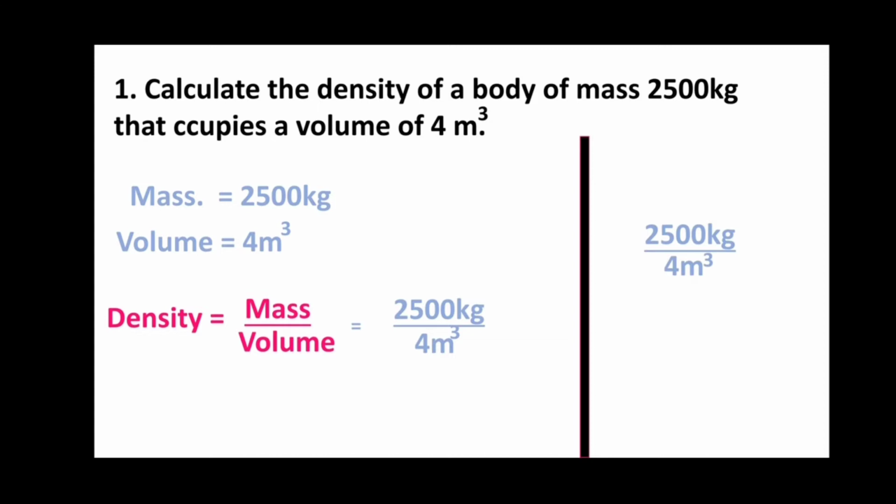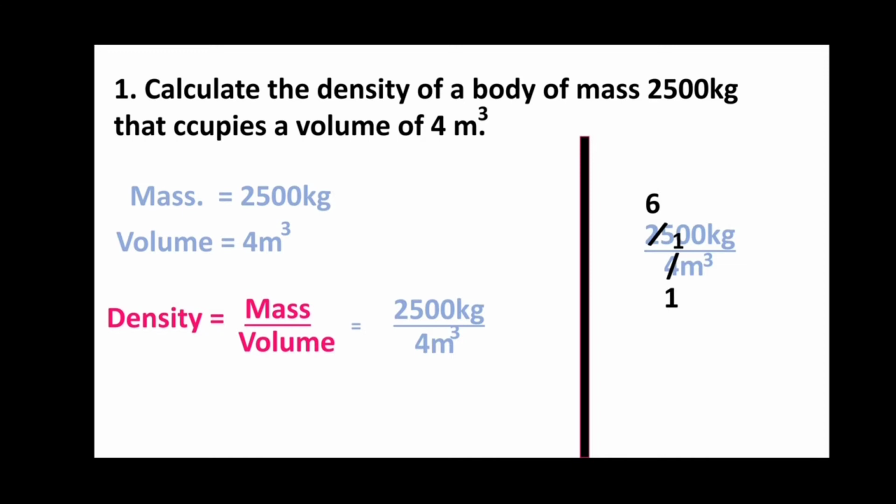We know that 4 will go in 4 one time. We are using here 4's multiplication table. 4 ones are 4. Then how many times will 4 go in 25? 4 6s are 24. So we will write here 4 6s are 24, but here the number is 25. So the balance is 1 that we will write here along with 0. So we will get 10.